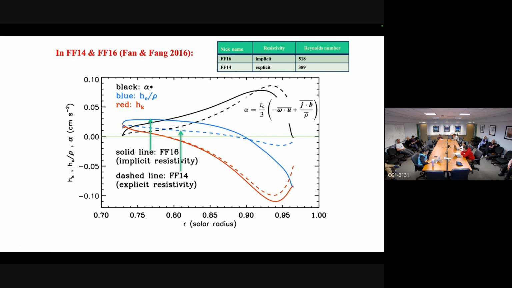But the kinetic helicity term doesn't change very much. Its change is very moderate. So that means with the increase of the Reynolds number, the current helicity term becomes more and more dominant, right? So from this analysis, then I realized,